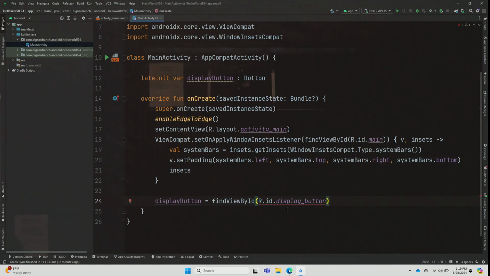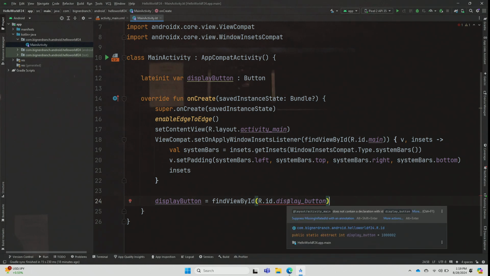All right, so R.id.display button. Why do I have an error here? Let me hover. Okay,